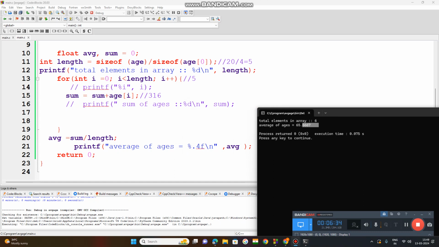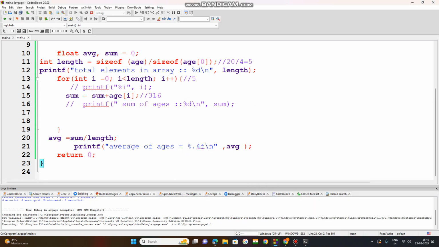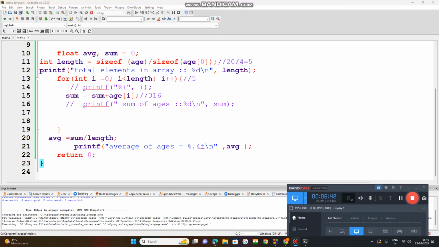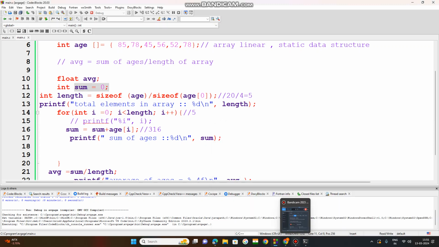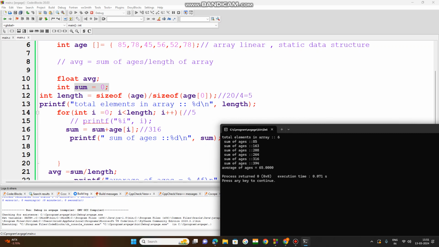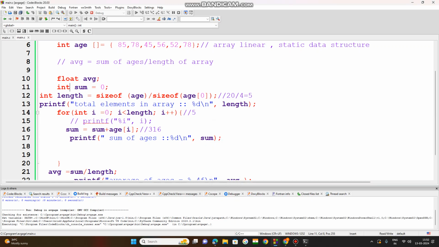But now if you want to see the sum of the numbers, let us see how to get it. See, if I make this sum an integer, there is no decimal number in the average of ages, it is rounded to integer only. Because whenever I made this sum an integer, this value is rounded to integer. The array has 6 elements. If I want the float number here, meaning accuracy, if I change this to float,